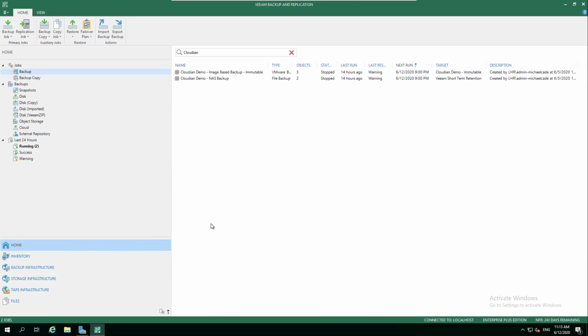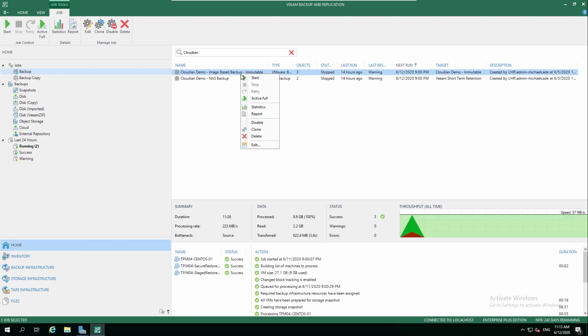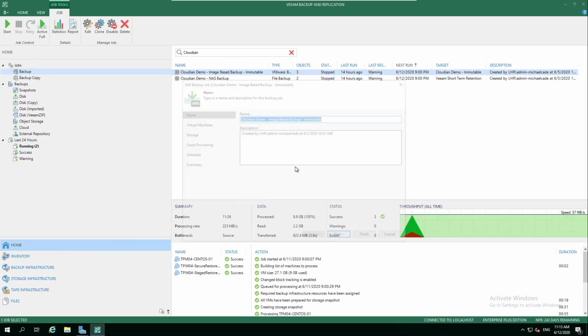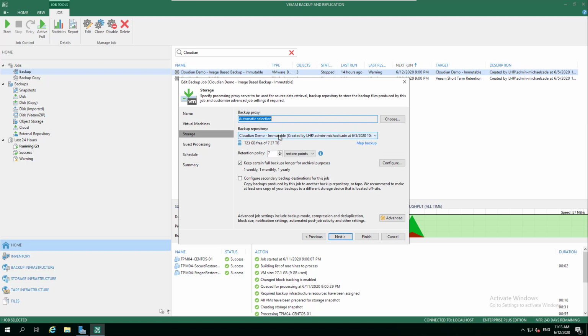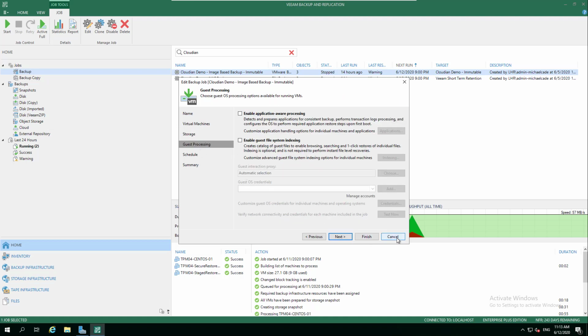And then if I jump over to one of our image-based backups, I've got a few machines being sent to the performance tier first as a copy, and then being copied as part of that policy up into object storage. So choose your virtual machines, proxies, etc. Choose that scale out backup repository that I just went through as our backup repository, and how many retention points, restore points do we want to keep, guest processing, etc. Pretty simple